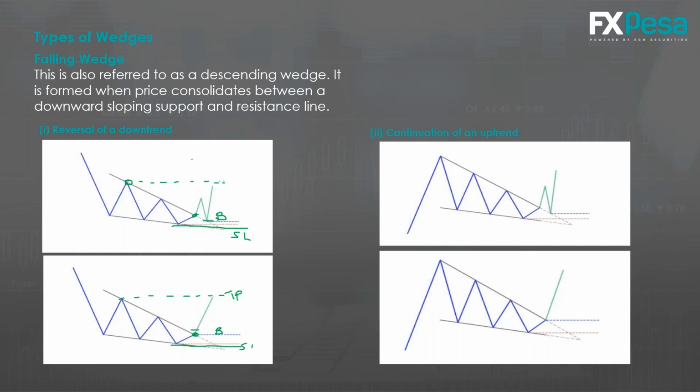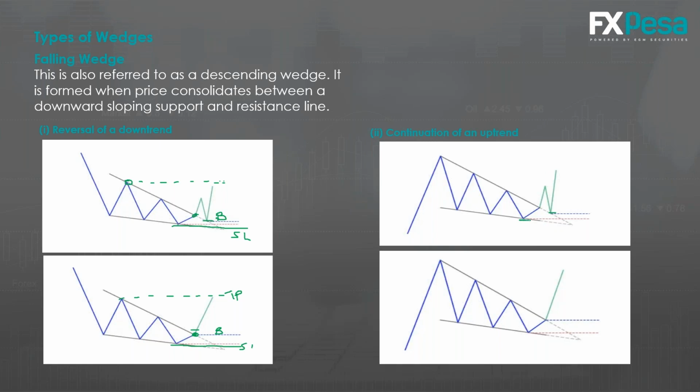Now, the same falling wedge can occur when there is a continuation of an uptrend. So the price has been trending upwards, like you can see here. Still, there are two approaches for two different traders. One will wait for the first breakout, because it might be a false one. And then after the retest of that level again, that's when they will take the trade, then put the stop loss at the